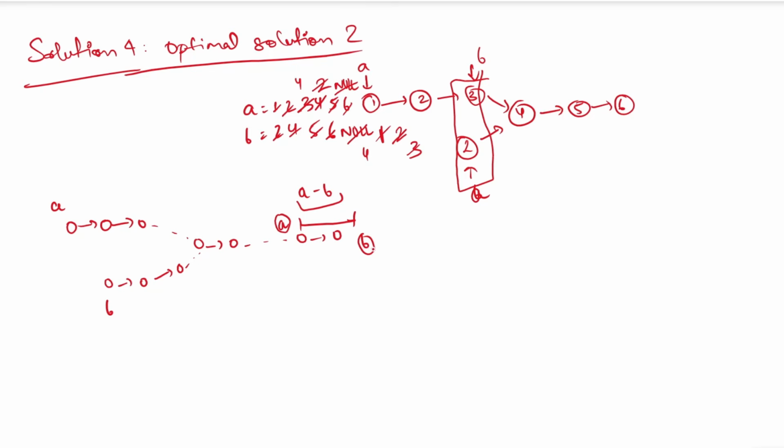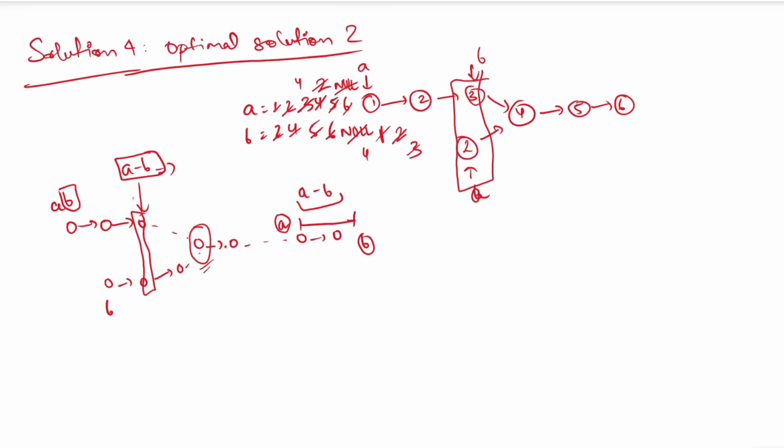Okay, so if I put my B here and move them one by one, it will cover the distance of A minus B. A minus B is the difference between the sizes of the linked lists. So once I move my B to the second node, both of them will be equidistant from our intersection point. Then I will just move them one by one and they will reach the intersection point at the same time, and I will return this.